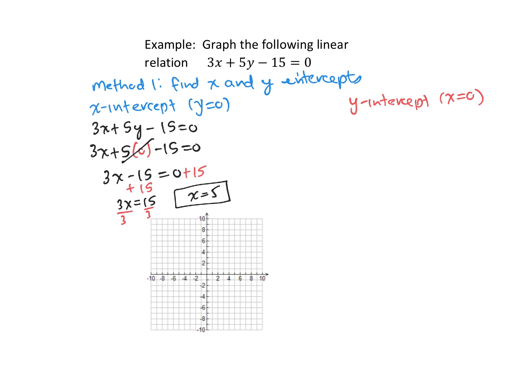So we have 1 point. When we set y to 0, we found x to be 5. So there's 1 point on our line at (5, 0). And then we'll do the same with the y-intercept. So in order to find the y-intercept, we're going to let x equal 0. So we'll replace x with 0,